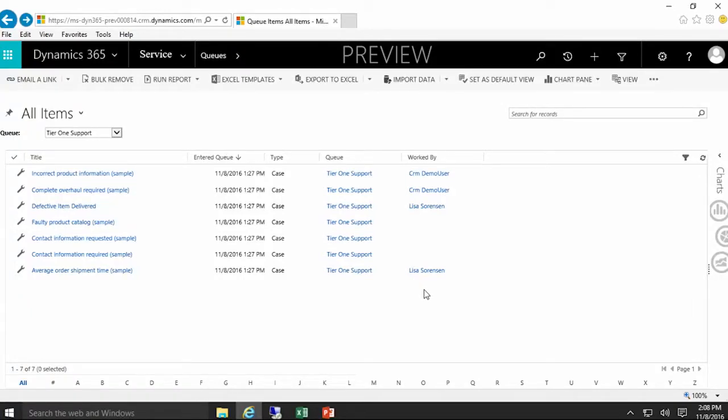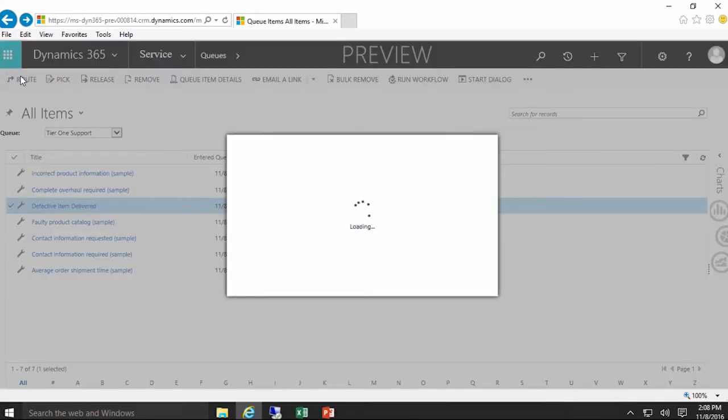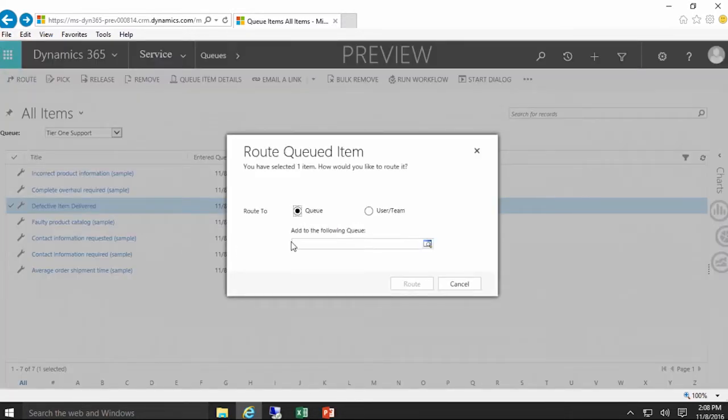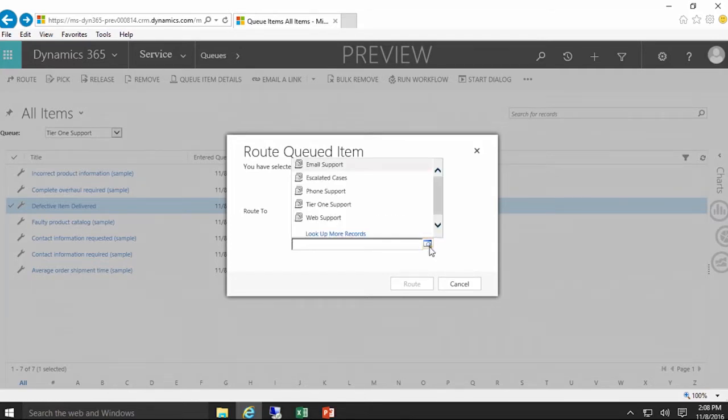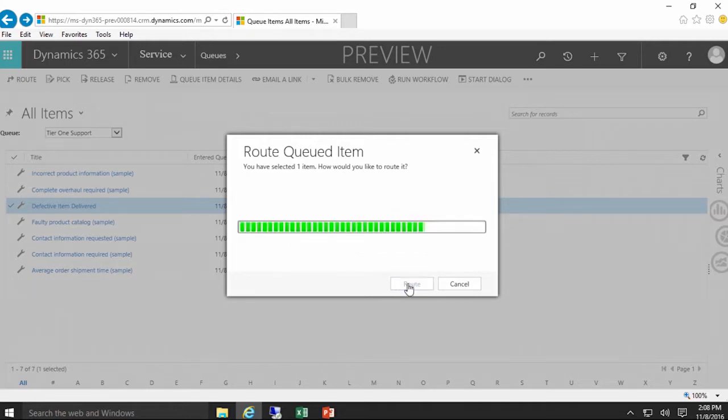So once I've done that, let's also say that, in looking at this information, we have another priority that we want to send this to, or we need to escalate this. So we want to send this to a high priority queue that we have out there. We have a defective item and they're pretty upset about it, so we need to make this a high priority. So what we can do is very much like we did in routing it to a user: we're going to use that same route button in the command bar, except this time we're going to choose queue. And then from here, I can find the appropriate queue that I want to use. In this situation, we'll send it to the escalated cases queue. So now when I choose route,